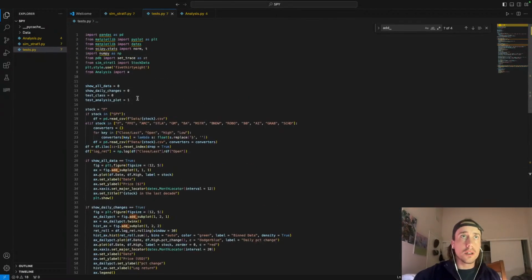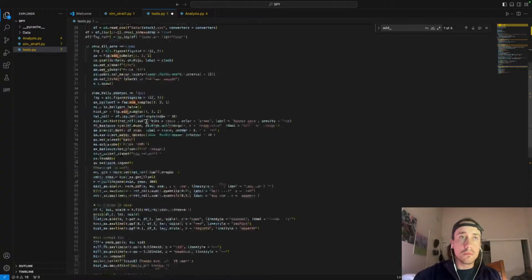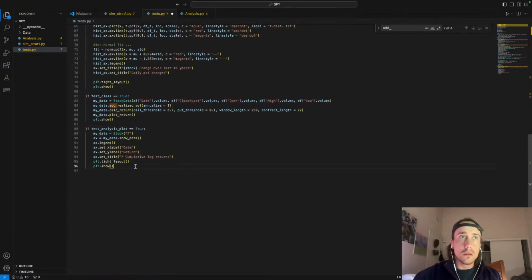So now let's make a new test. Test analysis comparison plot is equal to 1. If test analysis comparison plot is equal to true, we're going to do